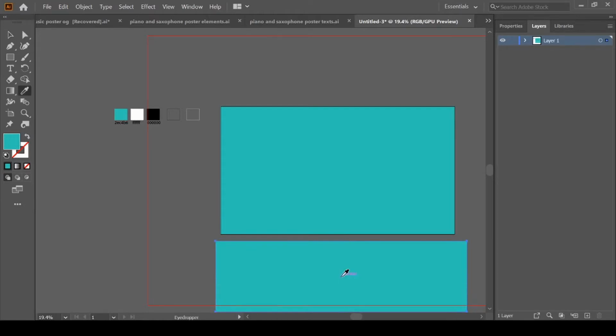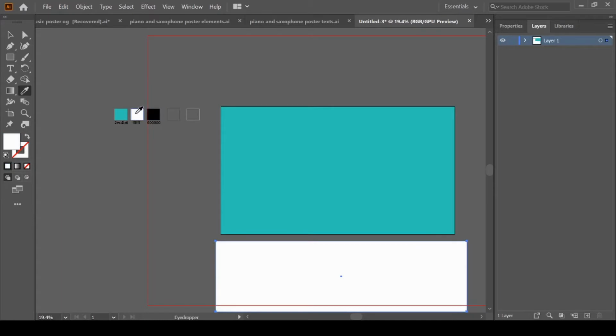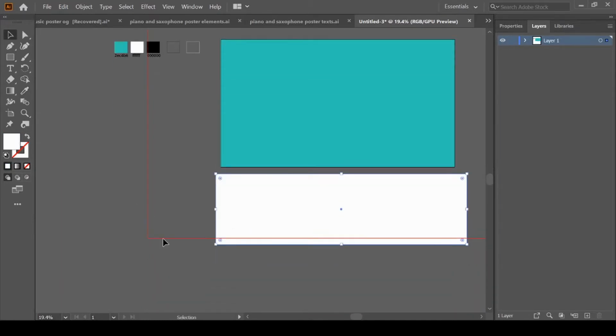I for eyedropper tool, take this white color. Now we will make the black bars. Again M for rectangle tool. Pick this black color.